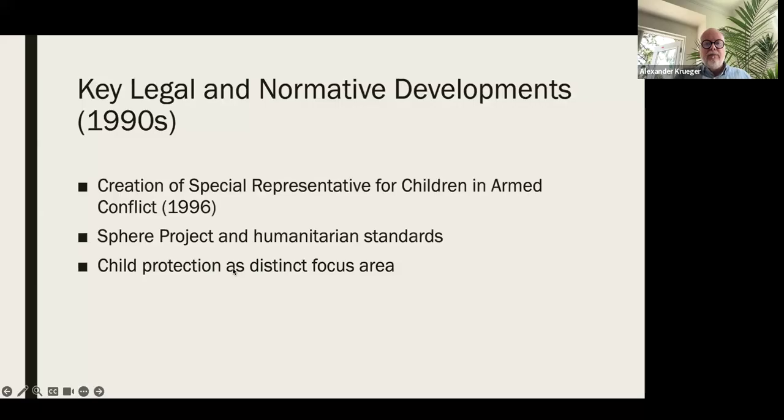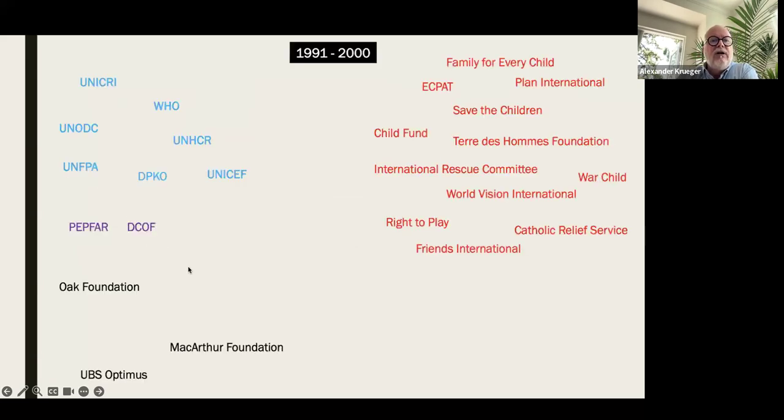Not only when there are abuses happening through the organizations, but also when organizations have facilitated adoptions or facilitated the movement of children without the necessary protection and safeguarding standards that later on have been developed. At this stage, we see there is the UBS Optimus Foundation from Switzerland stepping in, and more NGOs